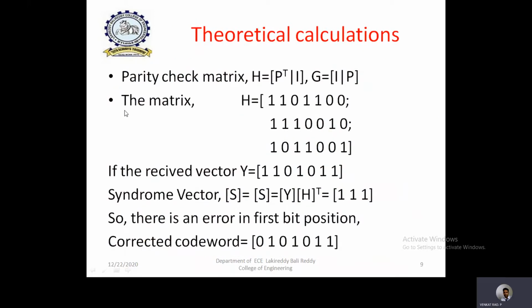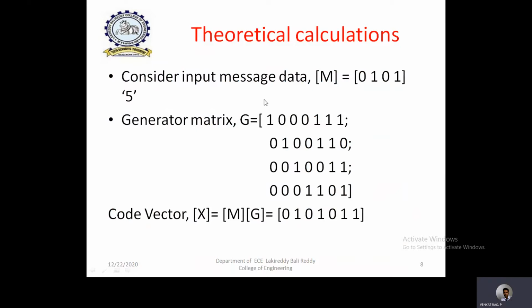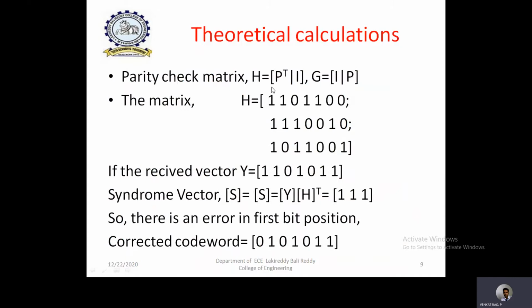and in the theoretical analysis also. For example, in the encoding process, we need to have one matrix which is called the generator matrix, and in the decoding process, we need to have a parity check matrix which is known as H. These matrices must be known by the designer itself. Then only you can calculate all these things. So if the received vector is y like this, and you calculate the syndrome vector using the formula, then the syndrome vector is found out as 1 1 1.